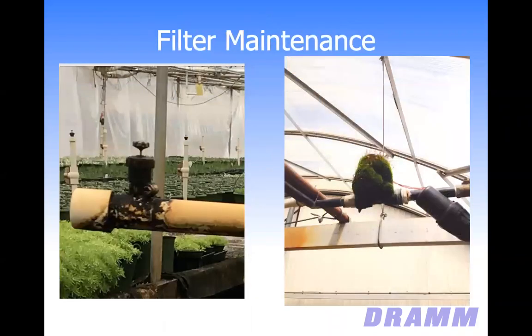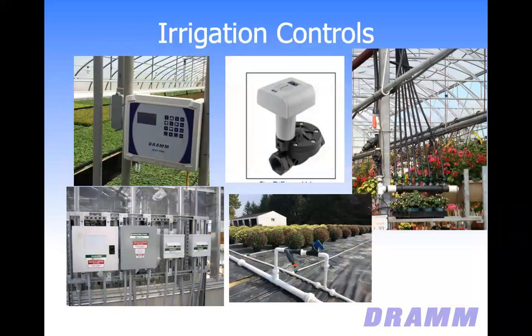And when I talk about filter maintenance, these are examples of facilities that don't have proper filter maintenance. This is one of my favorite pictures on the right. This is my Chia solenoid valve. Obviously, someone has not cleaned that filter in a very long time, and things have just started to grow as they shouldn't be. So there's no use putting in a filter if you're not going to have someone in charge of maintaining that system. So obviously, along with filters and valves, we've got controls, and there are a variety of